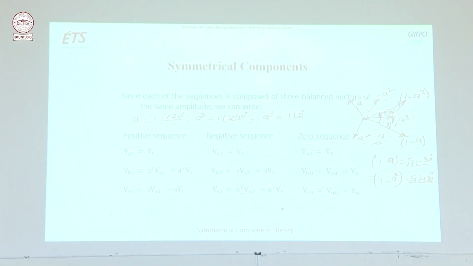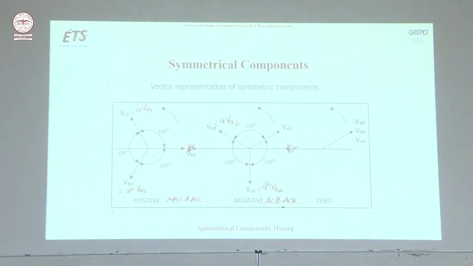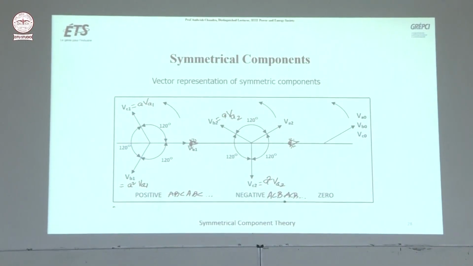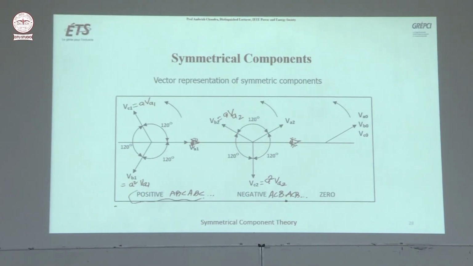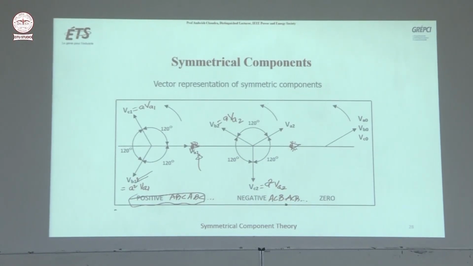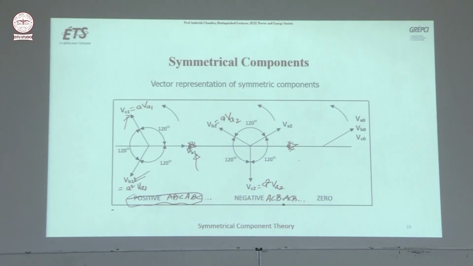Now, if you see here, the same thing: we are talking about positive sequence, ABC, ABC, ABC. For positive sequence, we use 1 here: VA1, VB1, VC1. And for the negative sequence, ACB, we use 2 here: VC2, VB2, VA2. So if you see the relation between VC1 and VA1, it is shifted by 120 degrees and